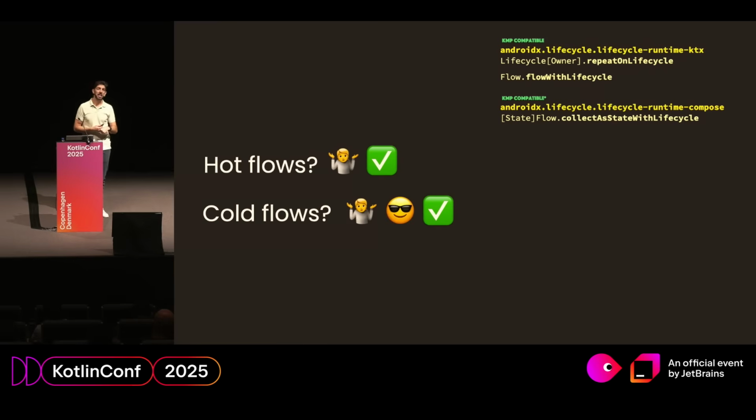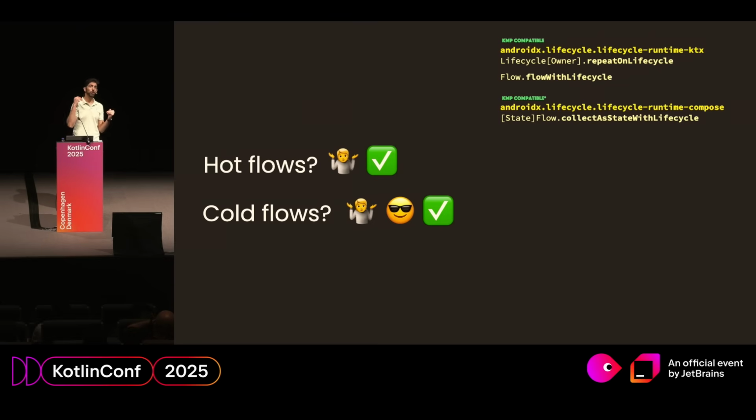Then cold flows, sure, as well. There are some cold flows where it depends on how you do it. You can use other APIs to try to suspend the collection. For example, Android provides some APIs, like when started or when resumed. Even if you don't use these APIs, you can kind of get by, because if you suspend the collection, the cold flow is actually, because of what we were talking about earlier about back pressure,